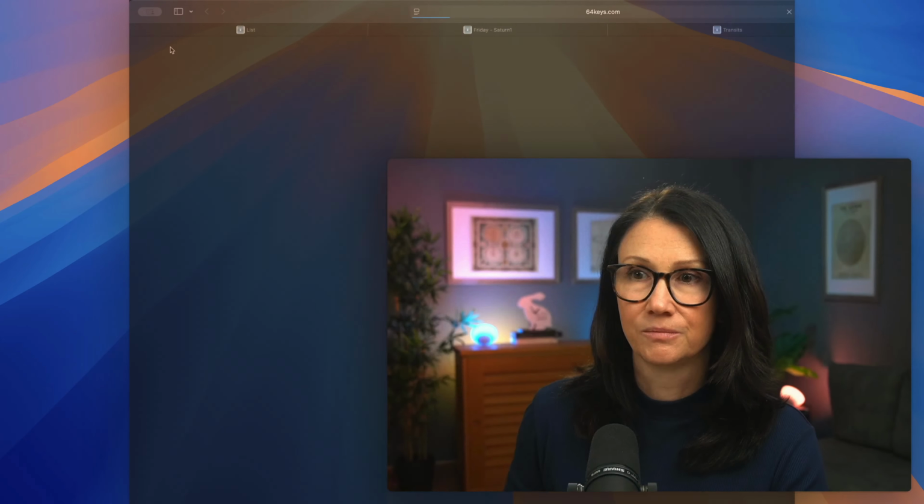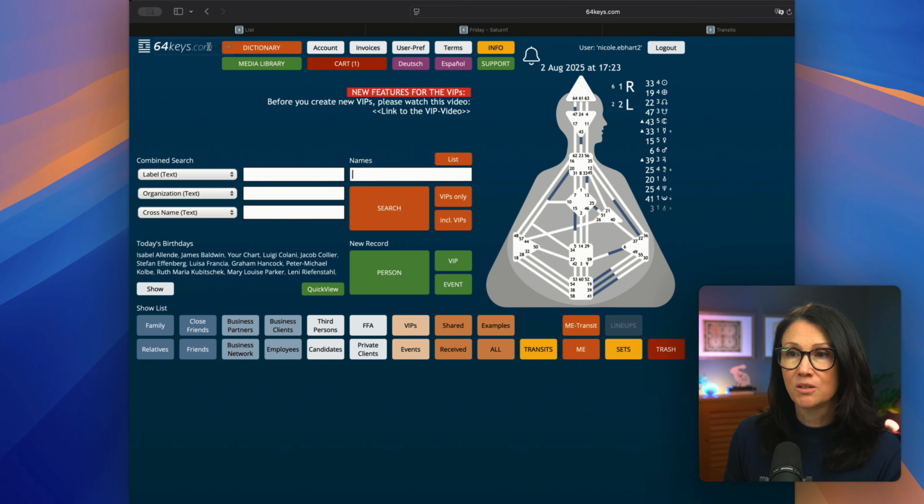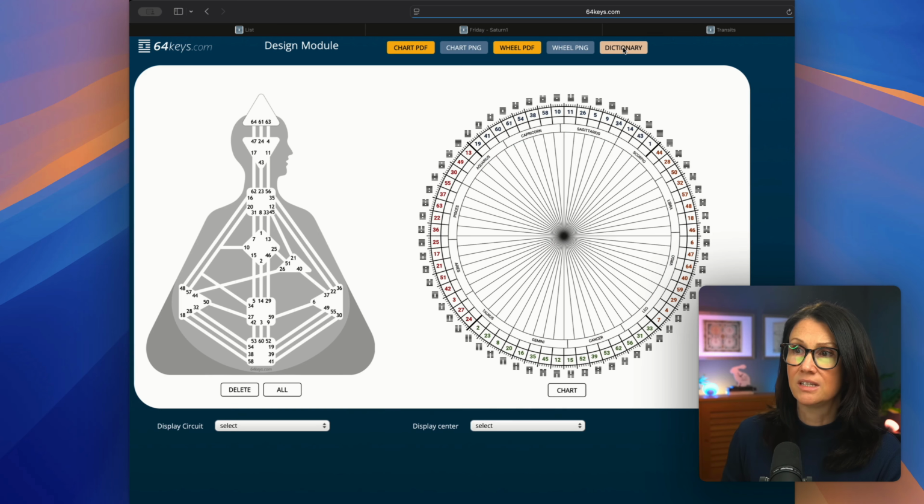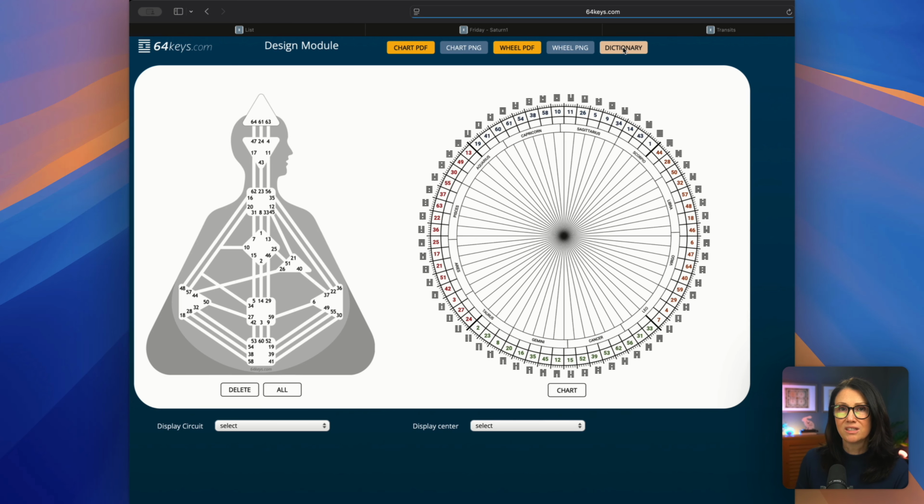Next feature that's new in the expert version is the design module. You will find it when you click on the dictionary, and here you go to the design module. So this design module allows you to create any body graph or any wheel for presentation purposes or social media postings or in a workshop if you just want to explain something. You can simply click it